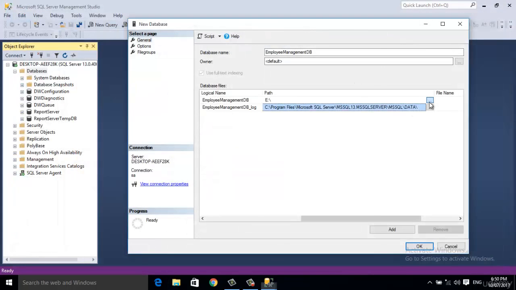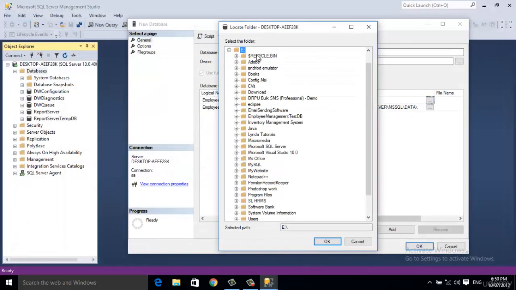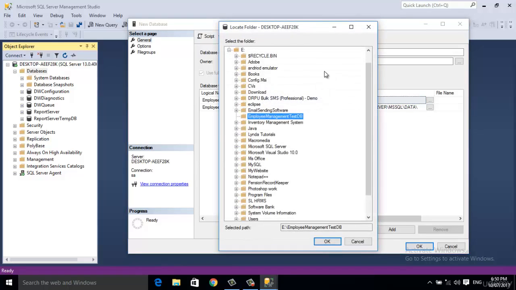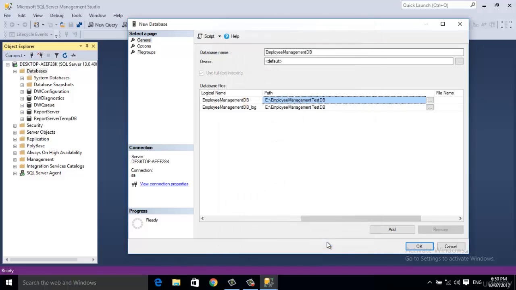Just try again, click on this E drive and select the new folder that I have created a while ago. Okay, and do the same for the next file as well.